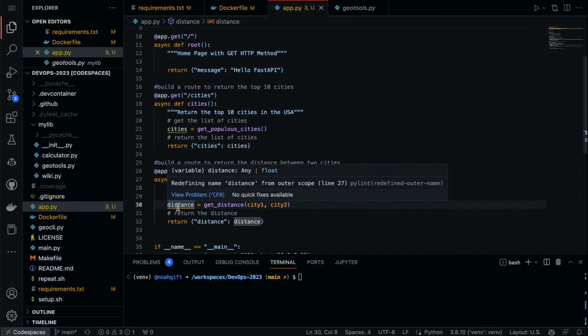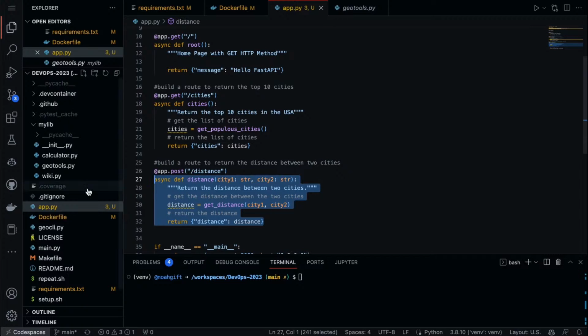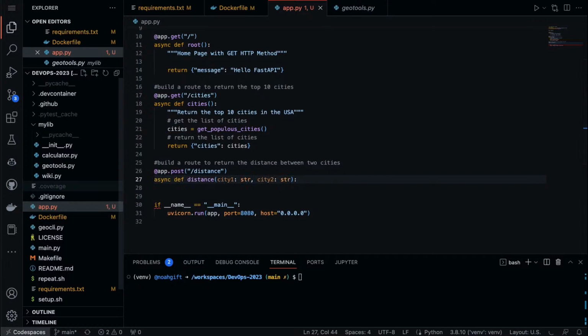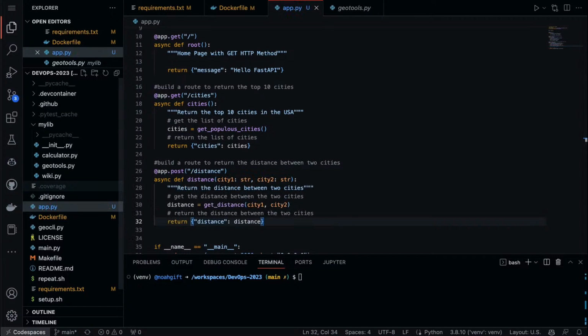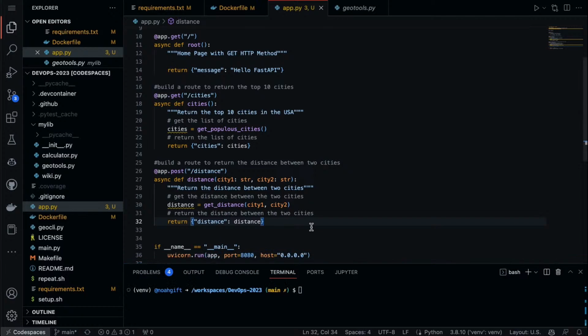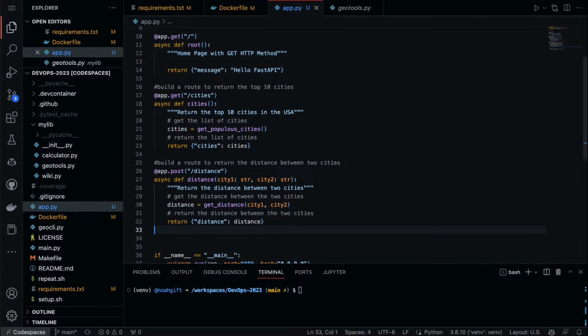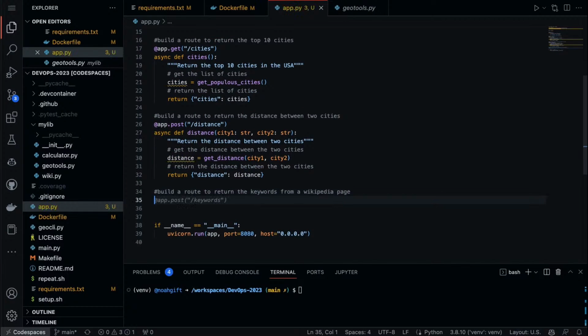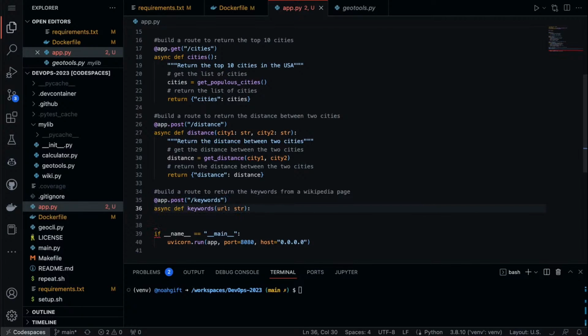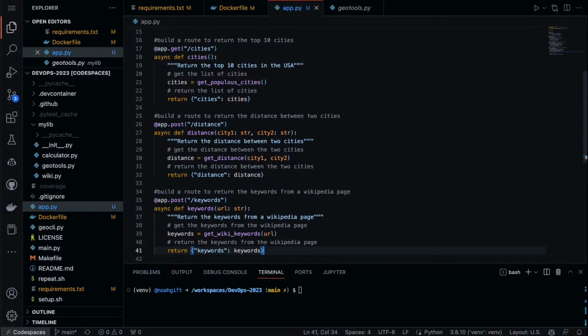And get distance. Let's regenerate this code. Get distance between these cities here. All right, and then the other one we can do is get the phrases. So build keywords from Wikipedia page. So keywords. So get